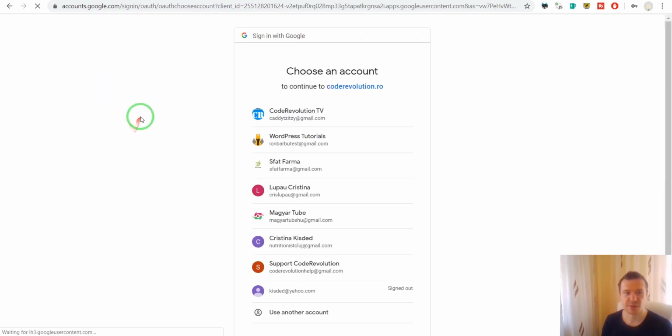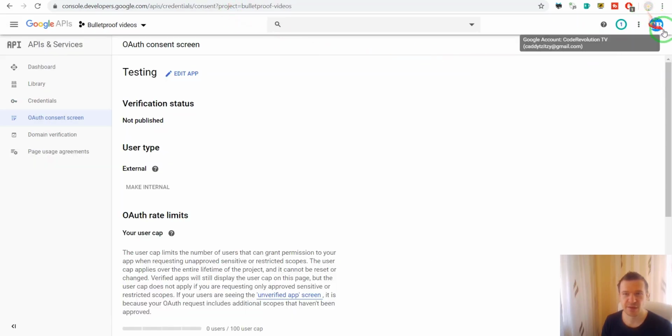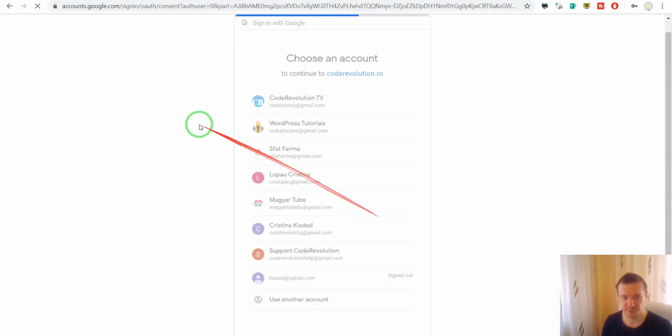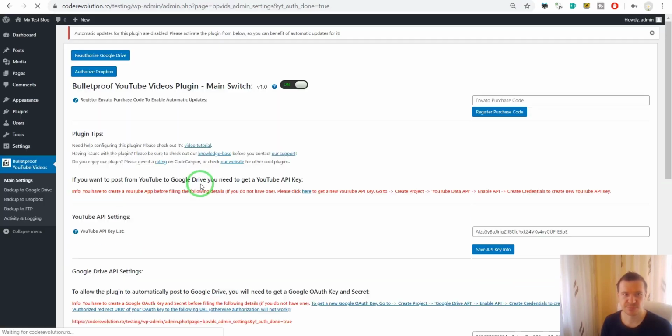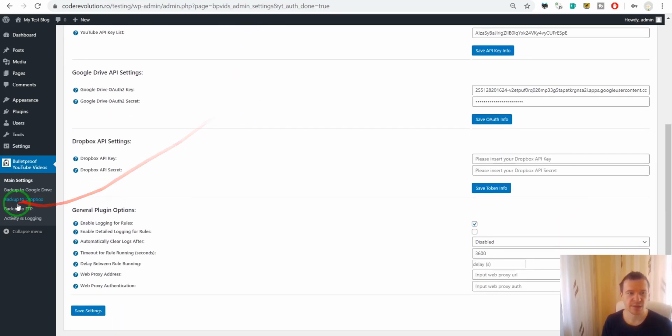So click this button. You will be redirected to this page. Click the account you wish to use and which also created the API keys. So don't use different accounts, use the same account. And after you click this account, click allow. Once again, allow. And the plugin will be redirected back here, and reauthorize will appear instead of authorize, and this will tell you that authorization was successful. Now we can go to backup to Google Drive,